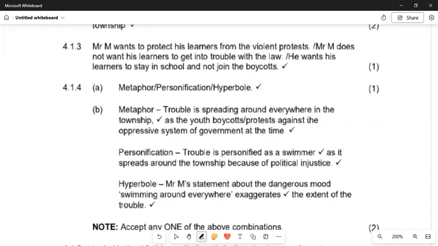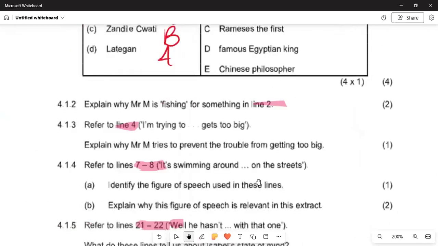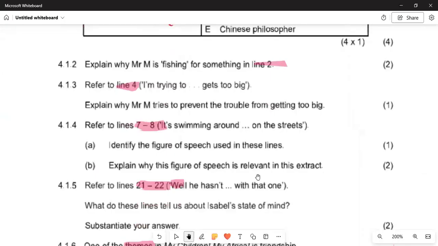All right. So if we are moving on, we go now to 4.1.4. It says refer to lines 7 and 8. "It's swimming around on the street." They say identify the figure of speech used in these lines. And in B, you have to explain how this figure of speech is relevant in this extract. That is a metaphor. There are many figures of speech that we